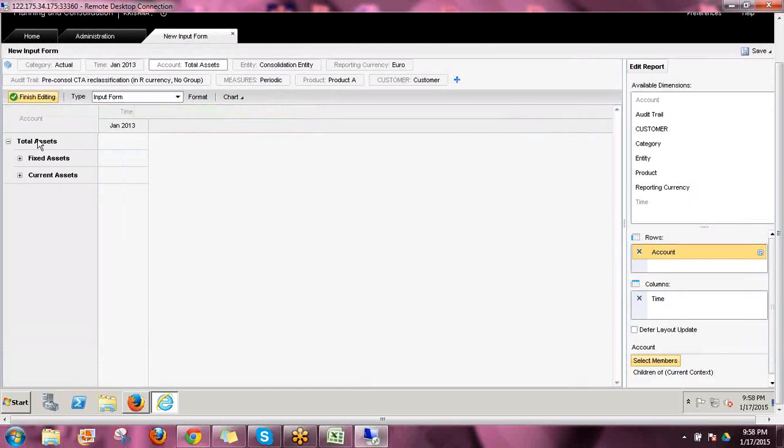See, automatically it is showing the children value of the total assets. Because I have selected context, that is why based on the context changes, here also my row axis is changing. And here, if you see, total assets is showing on the top and the children is showing below. And sometimes you might have a requirement